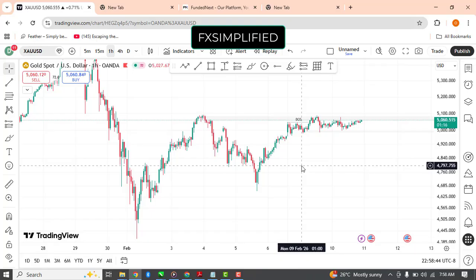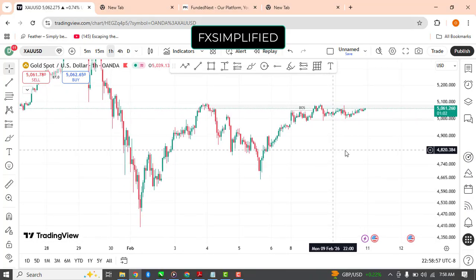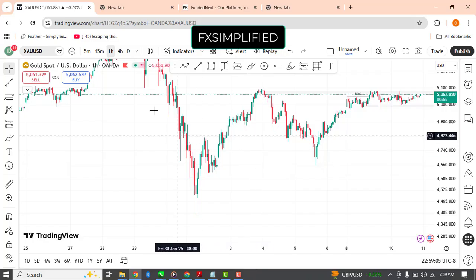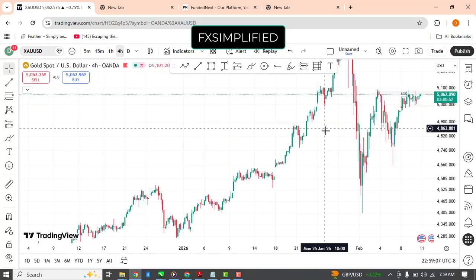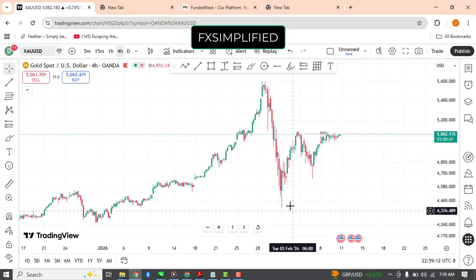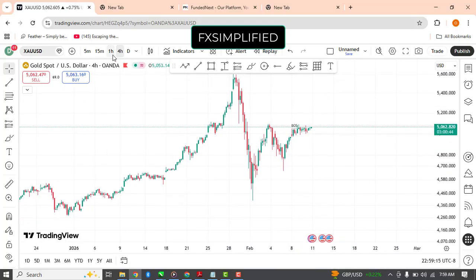Even though we can see sell opportunities, the high probability setup is going to be to look out to buy the gold market. I know that gold has turned bullish after the recent sell off in the market, after this massive sell to the downside. What confirms that price has turned bullish is that,